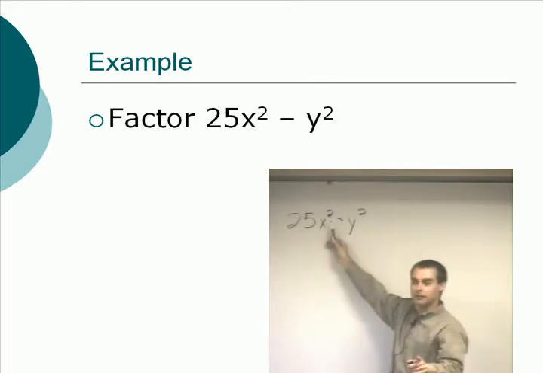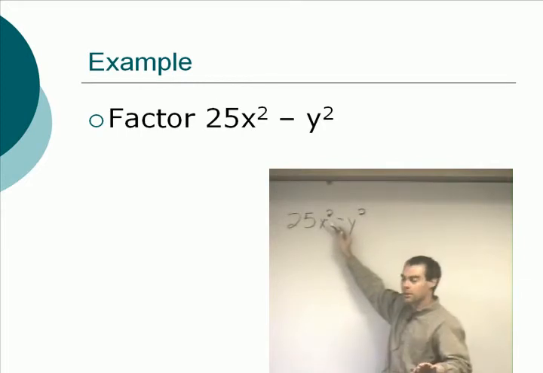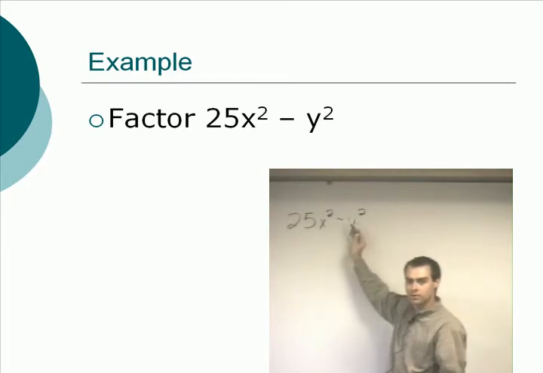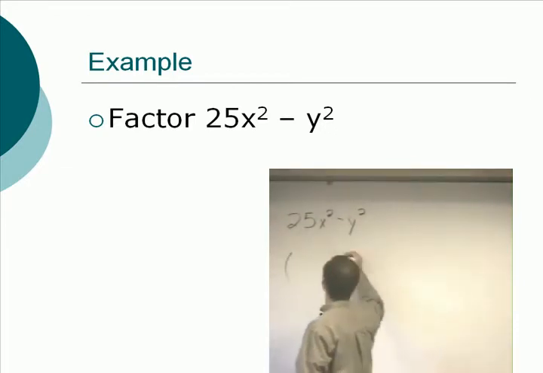Even number. Right. If it's x squared, it's x times x. If it's x to the 6th, it's x to the 3rd times x to the 3rd. If it's x to the 7th, it's not a perfect square. So these have to be even powers in order to be perfect squares. So we can then factor this. This will be equal to,